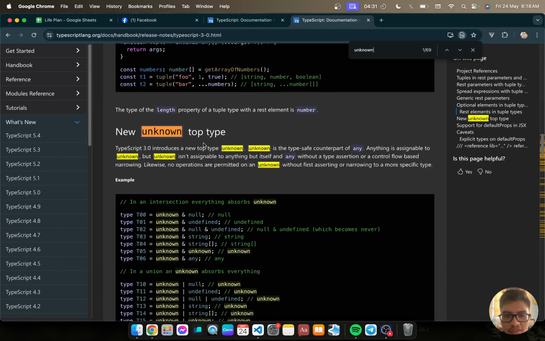So what is unknown? Unknown is the type safe counterpart of any. Anything is assignable to unknown, but unknown isn't assignable to anything but itself and any, without a type assertion or control flow based narrowing. Likewise, no operations are permitted on unknown without first asserting or narrowing to a more specific type.